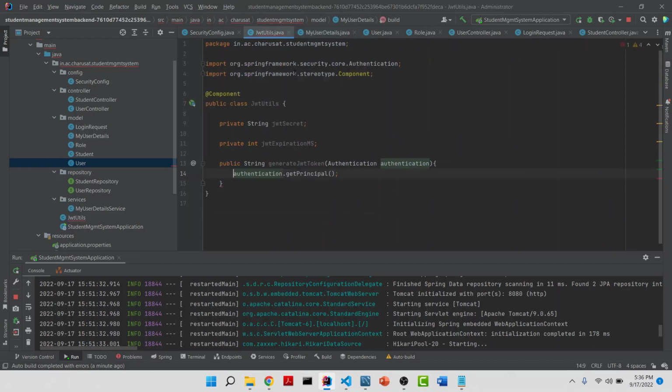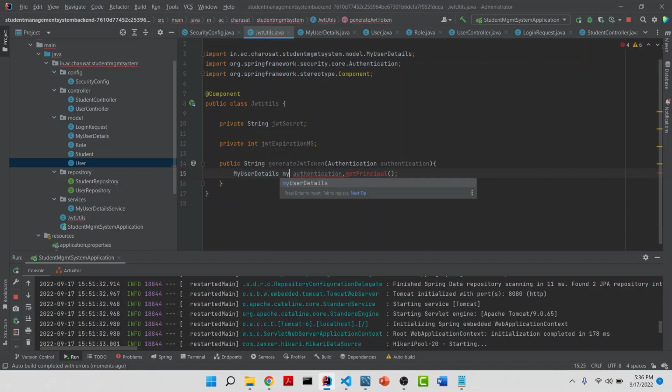So now I can go back to the JwtUtils, where I'm going to get the principal from here. The principal would return the object of my user detail. So let's write MyUserDetail, that is my user detail, is equal to, here I require to cast it, that is MyUserDetail. Then the user details are available over here, in the form whichever we require, right? So I'm going to return